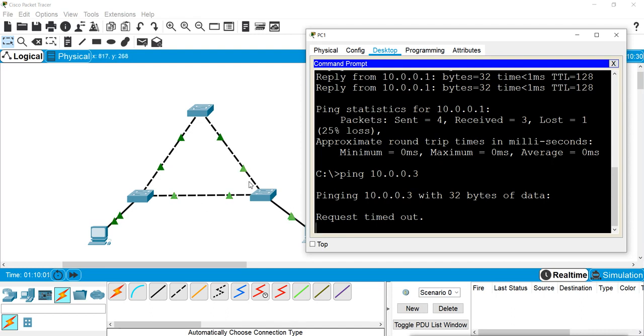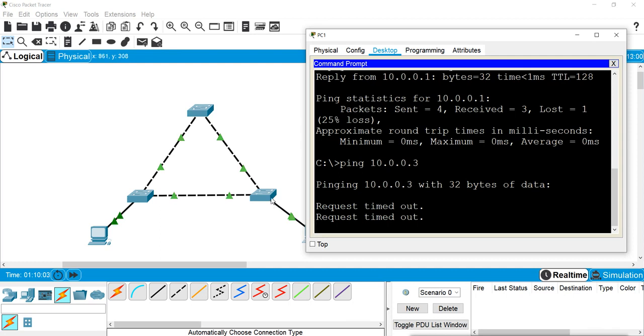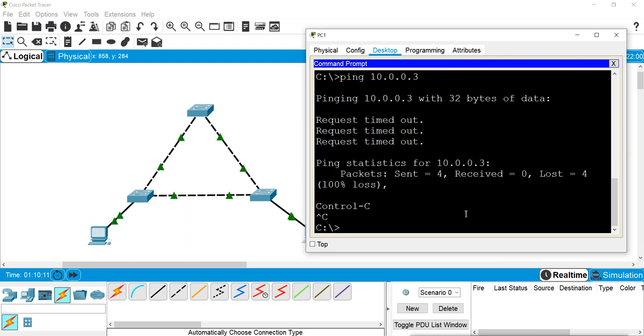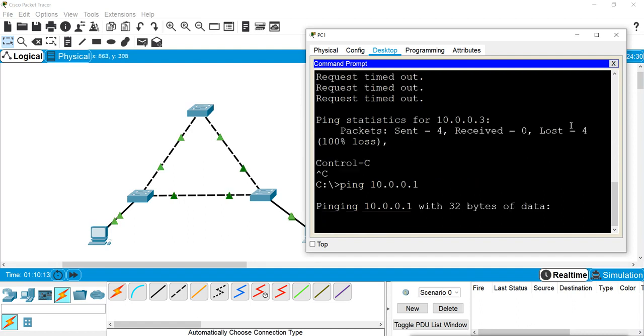That broadcast packet which I sent from this machine is now going everywhere and it is consuming the whole bandwidth, and you can see the ports are blinking like this, and it's a broadcast storm there. Why? Because I have disabled the STP protocol and nobody can do any communication now. If I try to connect to this other machine, it will also not be able to connect. It will also say timeout. Why? Because there is a broadcast storm.